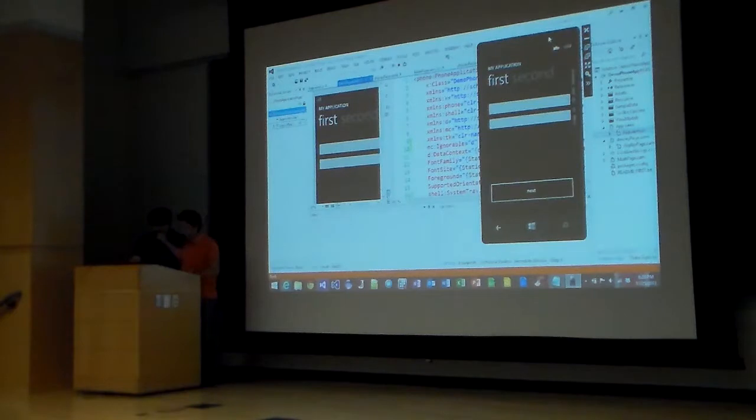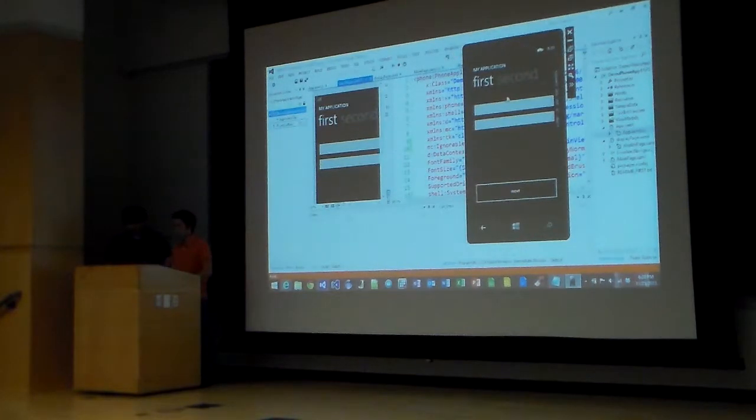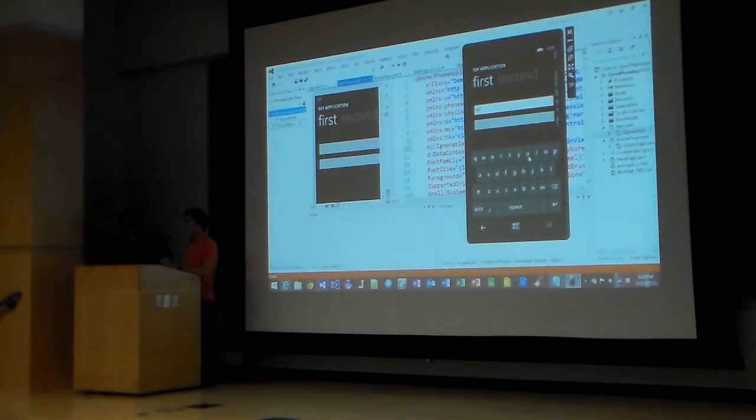So let me show you what we're going to build today. This is our app for today. For those of you who came last week, you'll recognize we have a pivot page. You can swipe left and right to view more of the UI. So first and second up here, that's the pivot page. So what we've added this week is text input, but it's not just about inputting the text, we're also manipulating the strings and passing them to a new page. And that's a new topic for this week, navigating between different